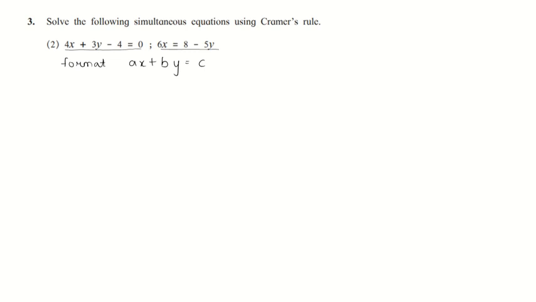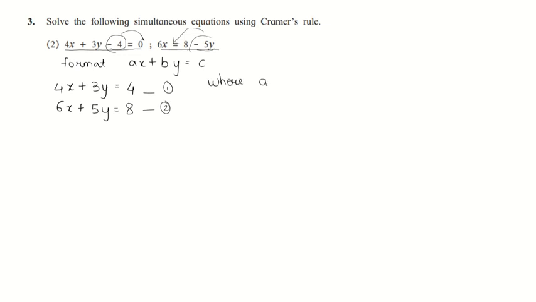First equation 1 will be 4x plus 3y. This minus 4 will go to the right hand side. It will become plus 4. Okay. And this equation number 2 will be 6x. This minus 5 will come on the right hand side. It will become plus 5y. This equal to sign will remain as it is, and this 8 will be here as it is. So this is now the standard form of the equations,